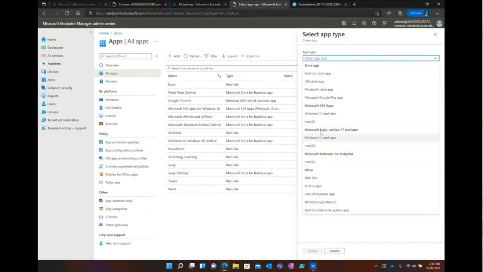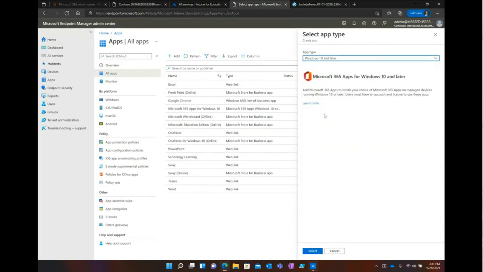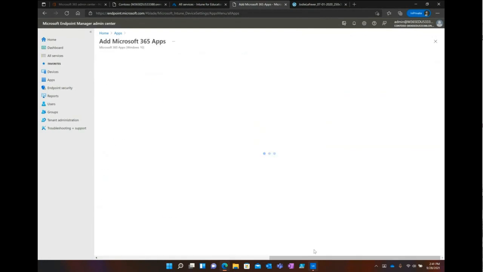So for this demo, I want to show you very quickly how easy it is to deploy and manage Office. If you think about what you're currently doing now, Configuration Manager, or not sure what platform you're using, you no longer have to go to config.office.com. This will do it for you.